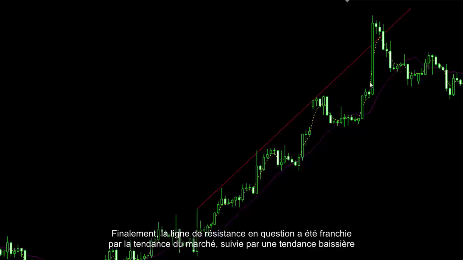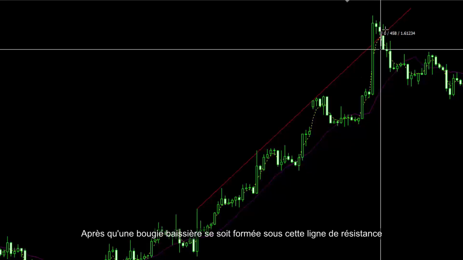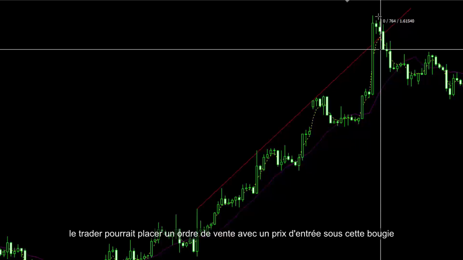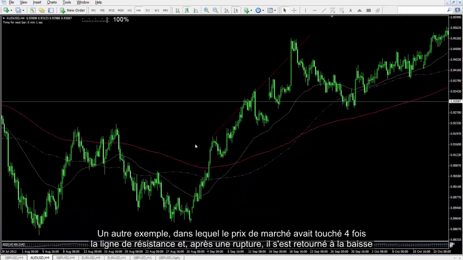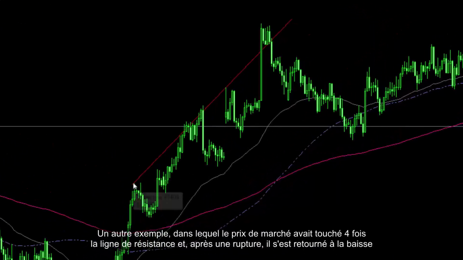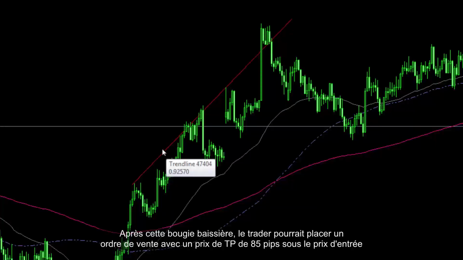Finally, the given resistance line was crossed by the market trend, followed by a downward trend. After a bearish candle has formed under the resistance line, a trader could place a sell order with an entry price below this candle. TP prices could be 63 and 84 pips lower than the entry price. Another example in which market price had hit the resistance line 4 times, and after a breakout it returned towards the bottom. After this bearish candle, a trader could place a sell order with TP price 85 pips lower than